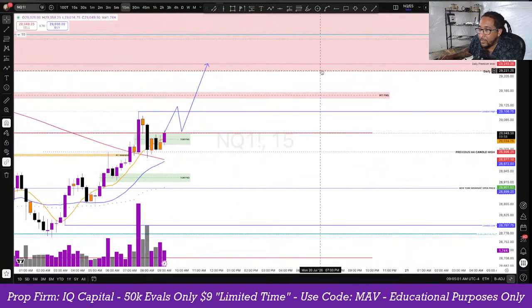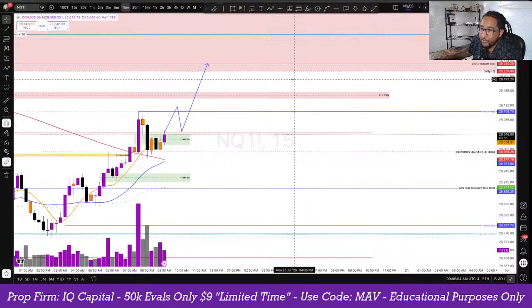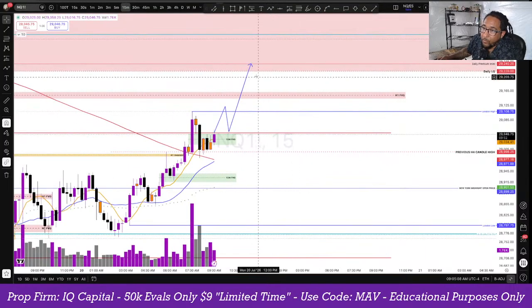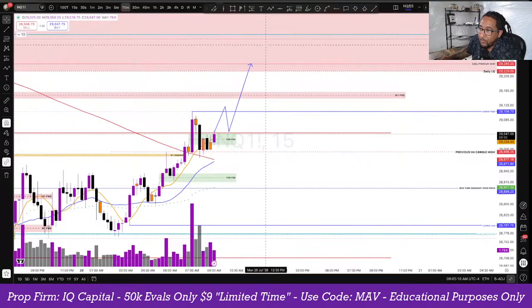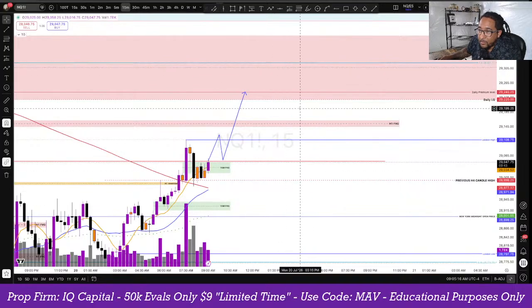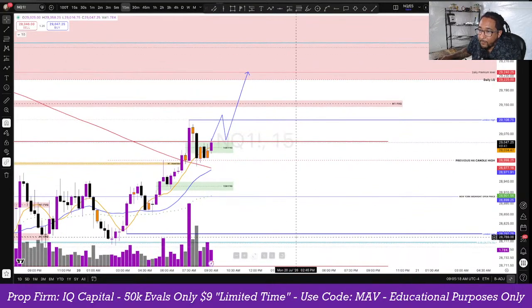In this line here, this would be the liquidity. It's being swept there into this daily fair value gap, which from there we could continue a little bit higher into the higher time frame level here that I have marked, consequent encroachment of this daily fair value gap,